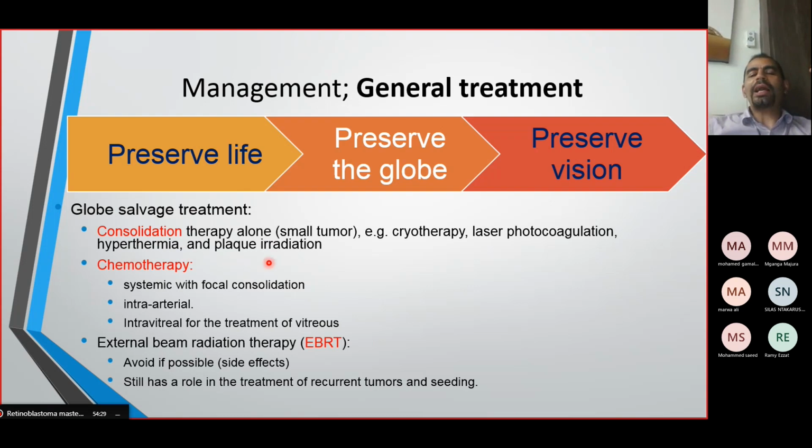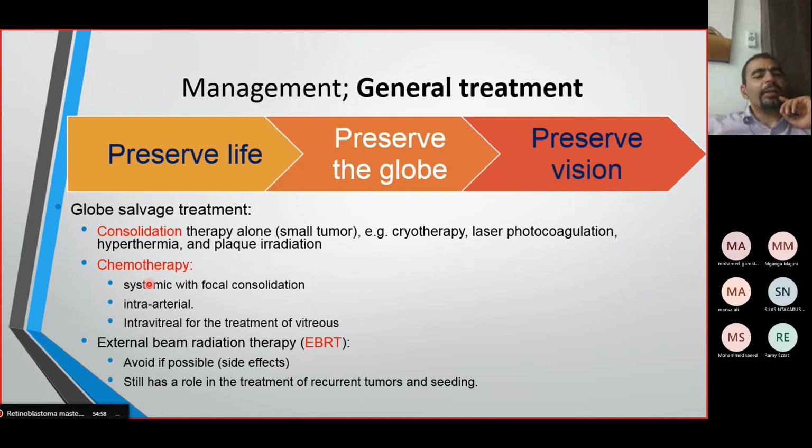Or we do what we call a plaque irradiation or a brachytherapy. We fix a radioactive plaque to the sclera so that it will irradiate locally rather than giving the external beam irradiation. We give just a small plaque of tumor which is sutured to the area of the sclera near the tumor. It will irradiate a calculated dose of irradiation that will affect the tumor only and not the nearby